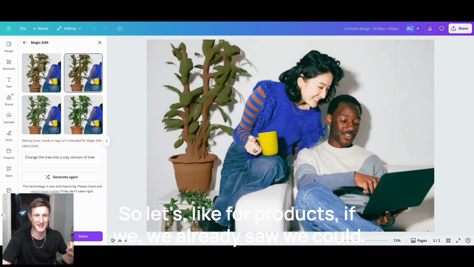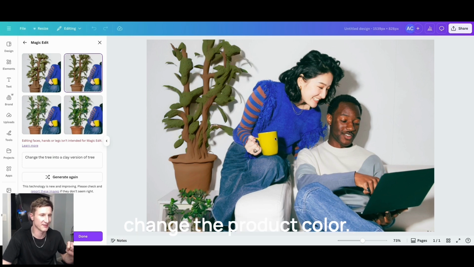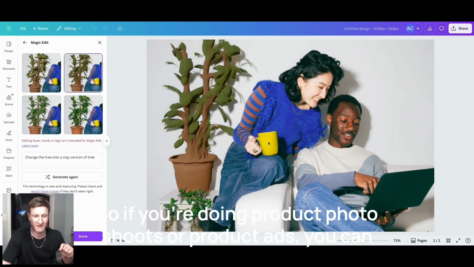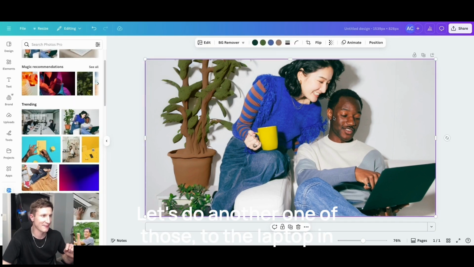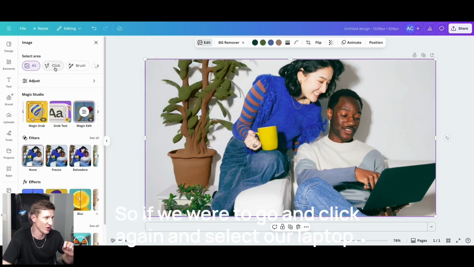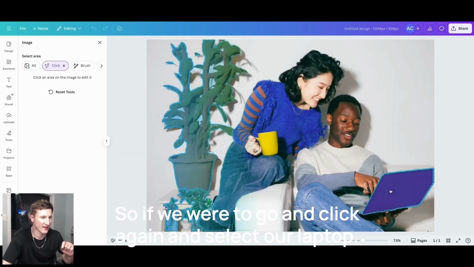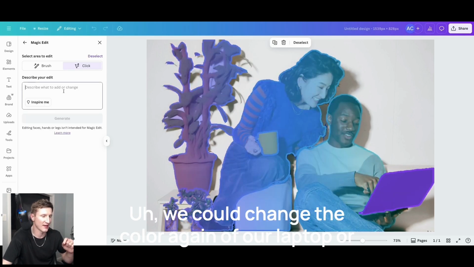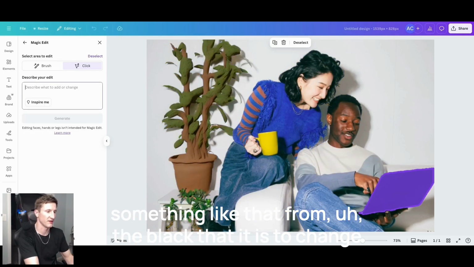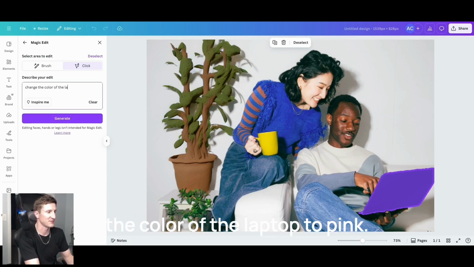So for products, if we already saw we could change the product color. So if you're doing product photo shoots or product ads, you can very quickly add color variations. Let's do another one of those to the laptop in our picture, for instance. So if we were to click again and select our laptop, we could change the color of our laptop from the black that it is to